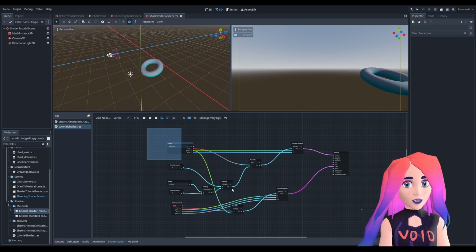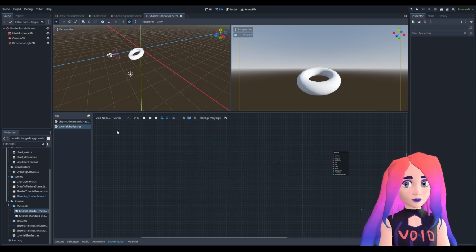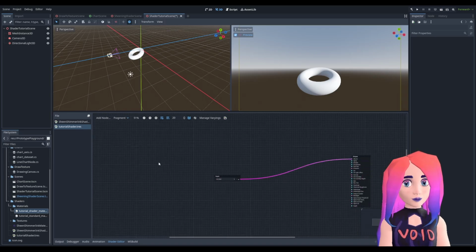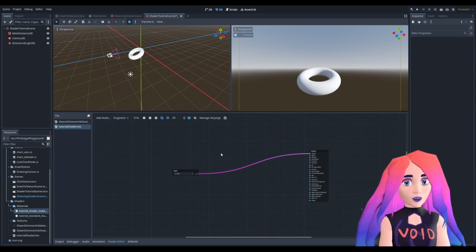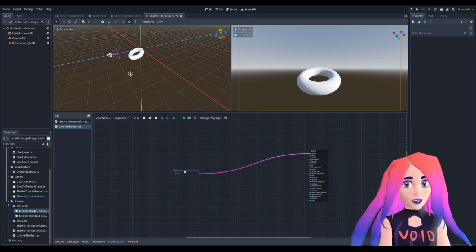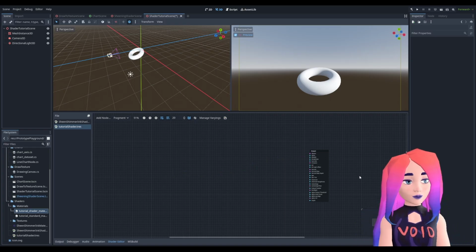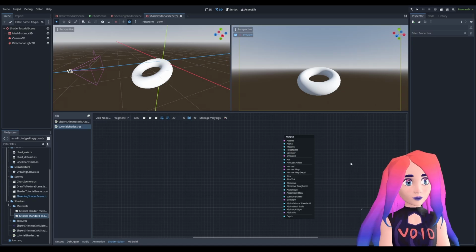Okay, so now I'm going to delete all this. We don't need all that. We're going to move over into the fragment shader, where we're going to spend the rest of this video, which I hope is not going to be an hour long. It might be an hour long, I'm sorry. Hopefully it's at least useful if it gets that long. I'm going to delete this as well. We're starting fresh. Okay, so first you'll notice there are a lot more options here for outputs,